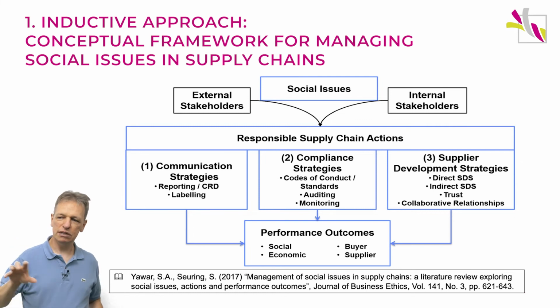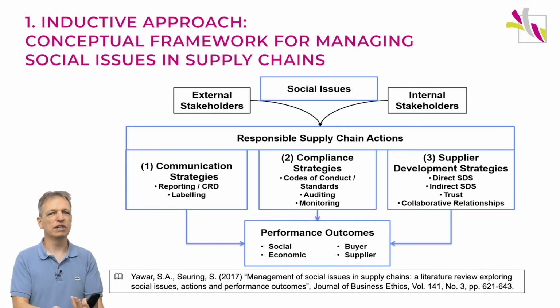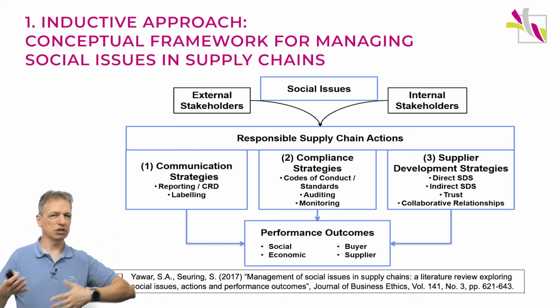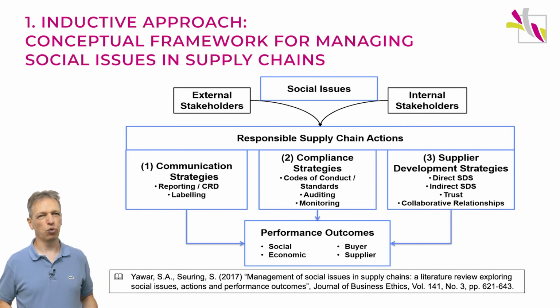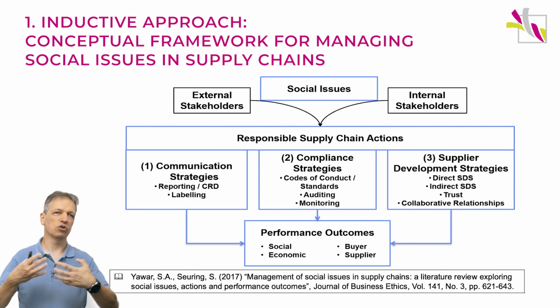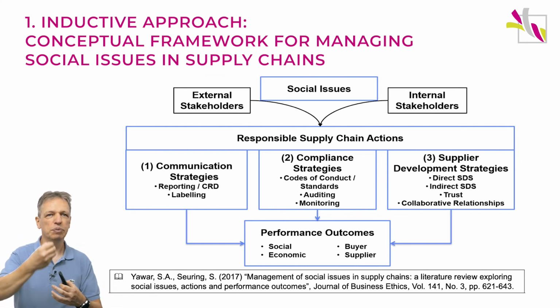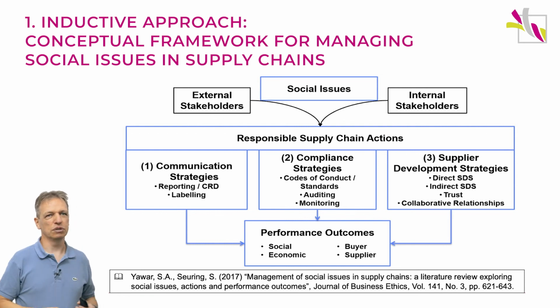What you want to aim for, and that is what the outcomes here are, is you want to have social improvements, you want to avoid misconduct, you want to have economic benefit, ideally improve the supply chain working together, you want to have this both for the buyer as well as for the supplier. Let me be honest, this is a bit unspecified here on how this would work, and that is also what we explained in the paper. This is a point where future research is needed. So it's a typical consequence of looking at the literature that we point to. There's more to be done, and please folks, go for it. There's an opportunity.